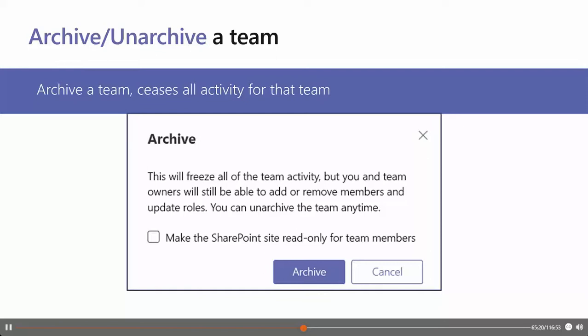Or the other thing is you can go the process vice versa to say I want to make an archived team active again. So I just click unarchive and the team status will change to an active mode. The same process applies to delete. I think that's not a big thing to go ahead like that.